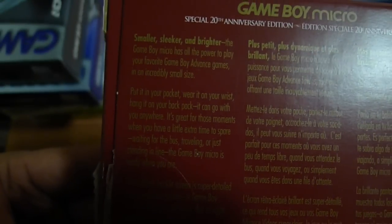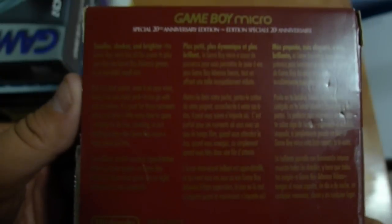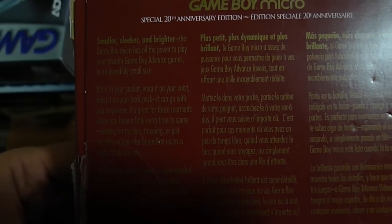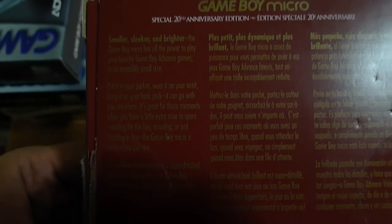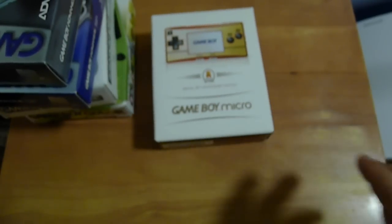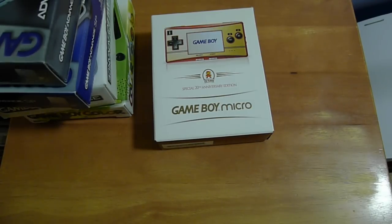Oh, the side of that box is so bad. Yay! Practically unreadable text. Just kidding. Let me see if we can bring that in. Smaller, sleeker, brighter. The Game Boy Micro has all the power to play your favorite Game Boy Advance games in an incredibly small size. Yeah, they really kind of pushed this one with its faceplates and such. Faceplates are pretty cool, but the Game Boy Micro was kind of killed a bit early because, well, the